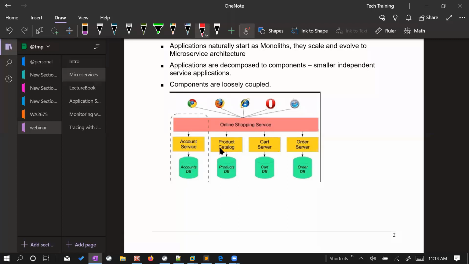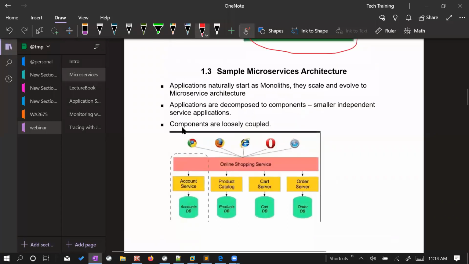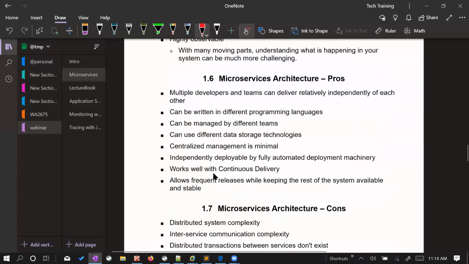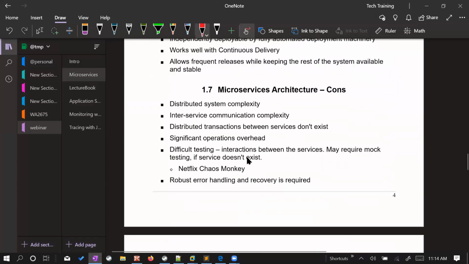So in short, in case of microservices, all these components will be loosely coupled, and they will communicate with each other by using REST services and so on. So you will have the service endpoints, and that's how they will be able to communicate with each other. And keeping this in mind, let's discuss some of the benefits you will get if you do use microservices